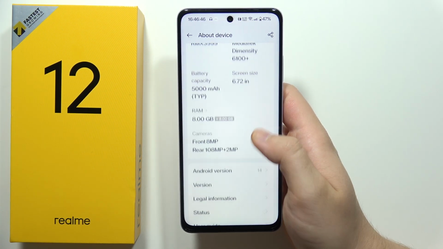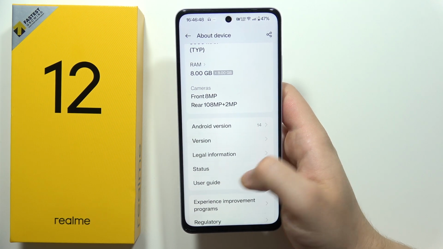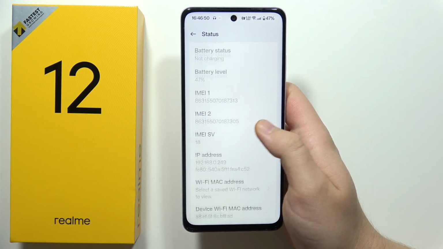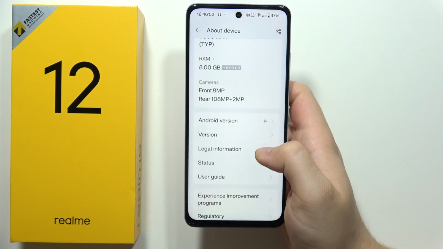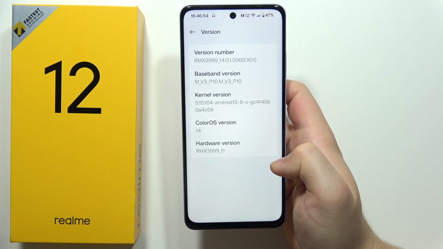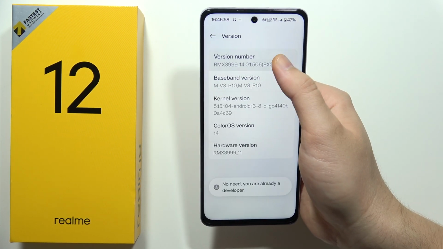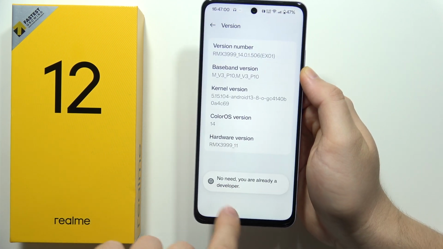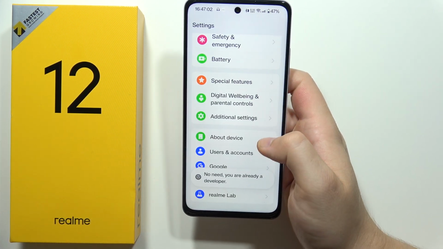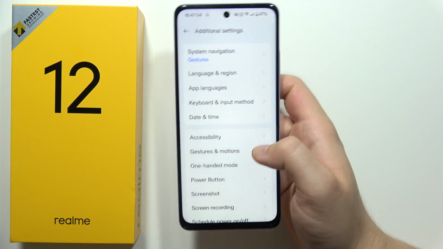Now you will have to go into the status, and here you have to, not here, sorry, this one, we have to go for the version, and now we have to keep tapping on the version number. And now when we enable the developer options, we have to go back, then go for the additional settings, scroll